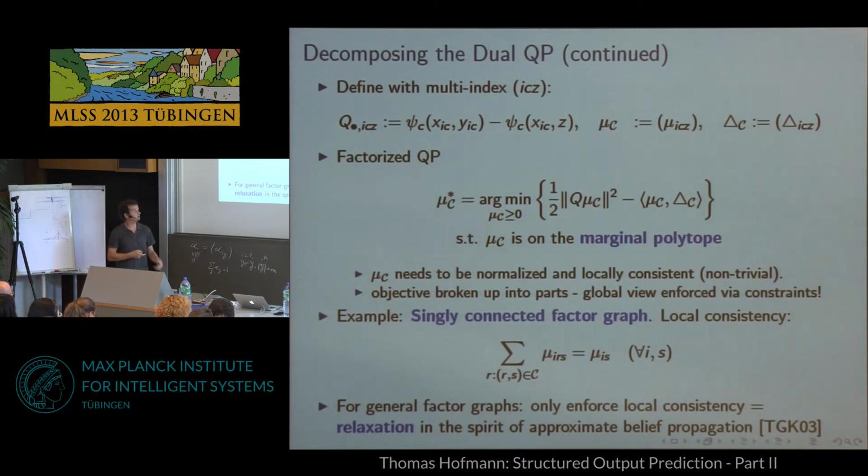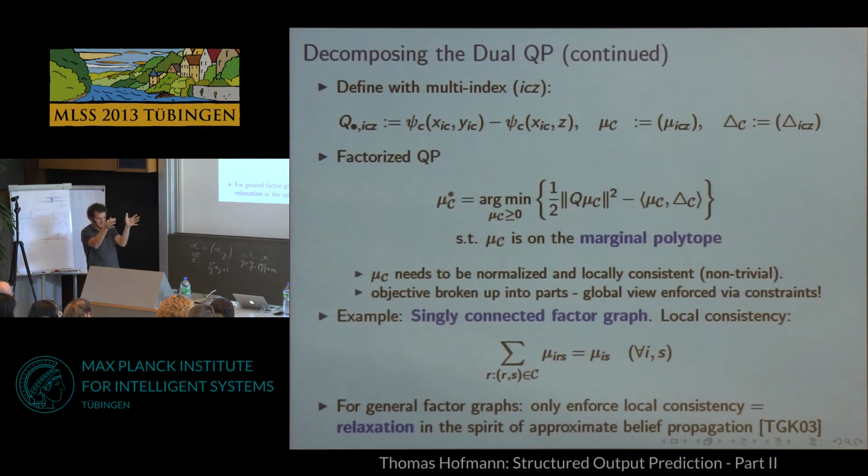Okay, we know that these ones need to hold at any rate, but in graphs that wouldn't be singly connected, we need more than that. But it means maybe we can just work with this relaxation and things are fine. And that is actually what would be in the spirit of belief propagation methods and so on and so forth. And you can actually incorporate a lot of that wisdom into solving these structured prediction problems exactly at this point, right? By going from this